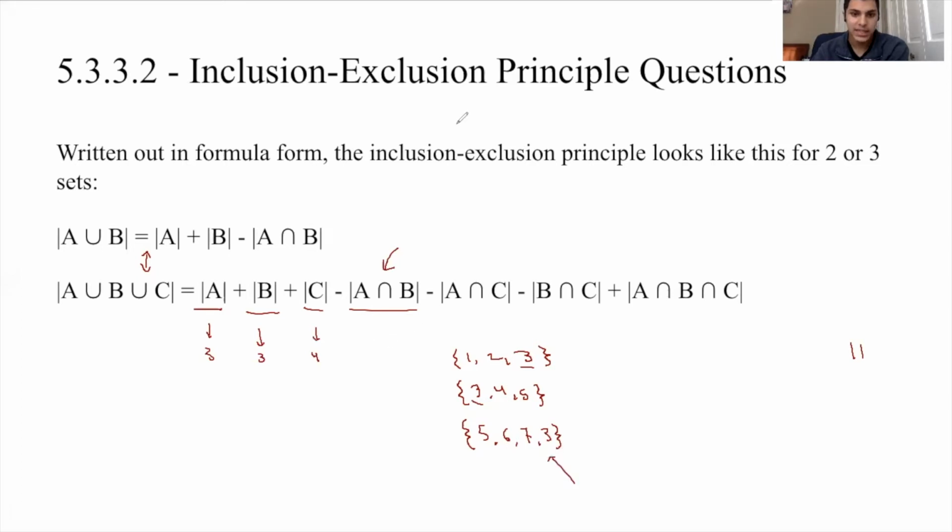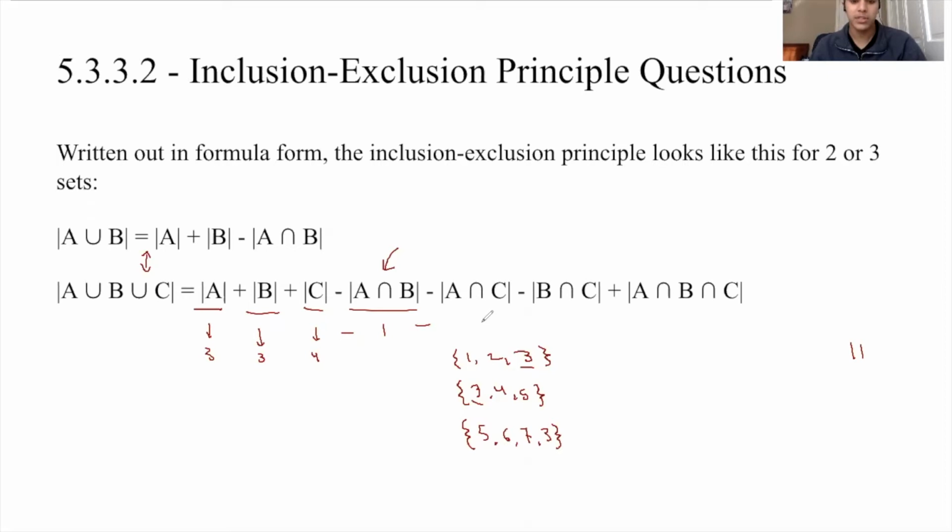I will get to that. So we accounted for this number 3 twice. So we need to subtract the 1 number in the intersection of set A and B, which is just 3, to make sure we don't account for that 3 twice. Next, we subtract